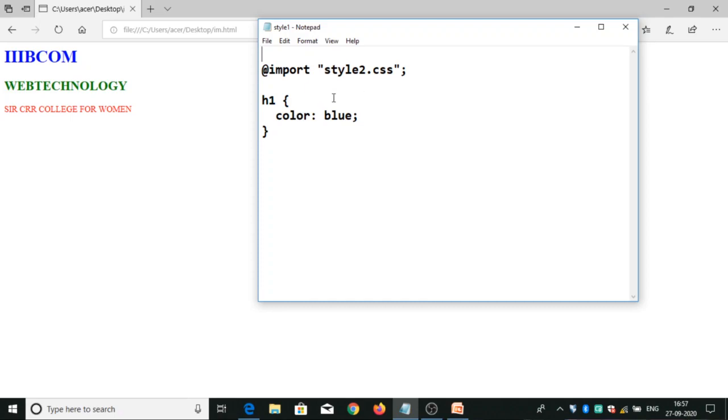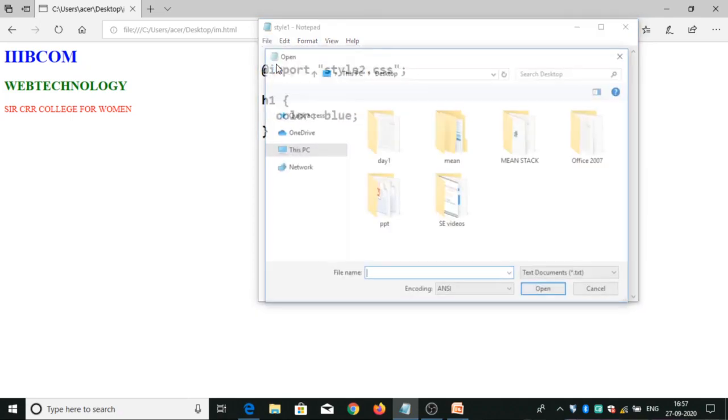What is there in style2? Web Technology with color green and Search Your College for Women. The tag that is used for Search Your College for Women is paragraph and Web Technology is h2. See style2.